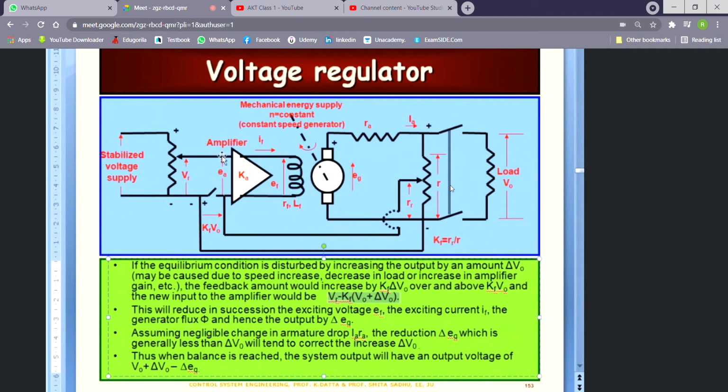So this lesser amount of EA will be producing a lesser amount of IF, right? And as a result of that, because the EF is going to be changing, basically EF is going to be lesser and that's resulting in a lesser amount of IF, and this will actually decrease EG by an amount equal to, let us say, delta EG. So EG, the generated EMF, is definitely going to be decreasing because EF has decreased, right? So now let us suppose that the EG has decreased by an amount equal to delta EG, right?